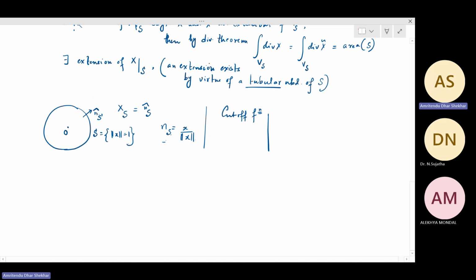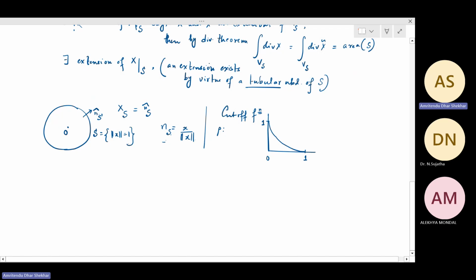So a cutoff function is a smooth function, which is like this. Let's say rho is my cutoff function. So rho is a function which at 0 is equal to 1, and at 1 it is equal to 0. So it is some kind of a function which is like this. Okay, so rho is a smooth cutoff function